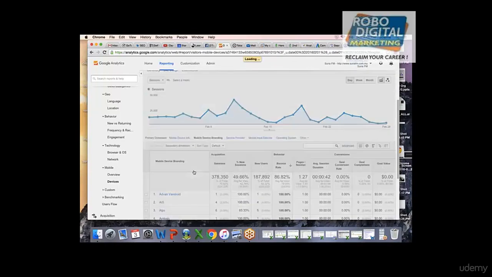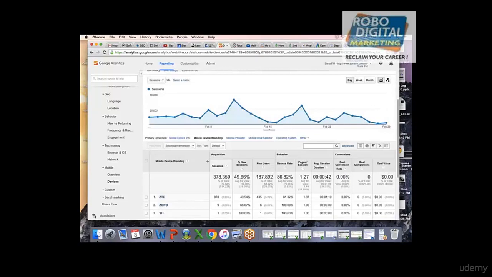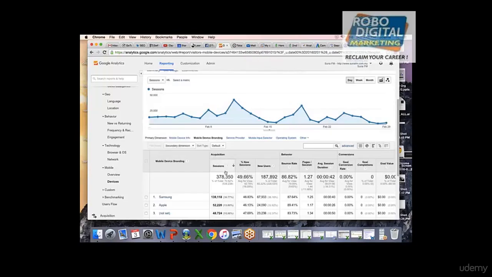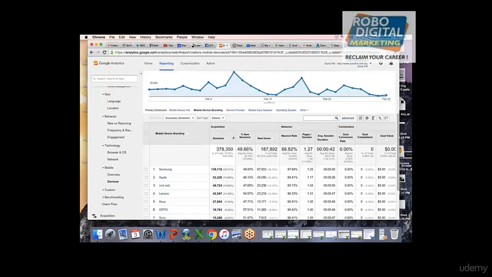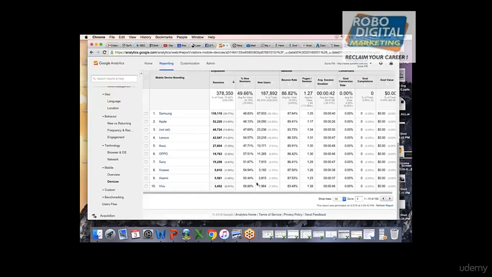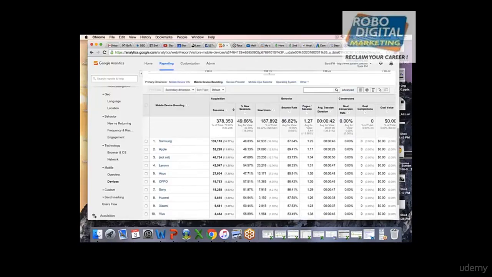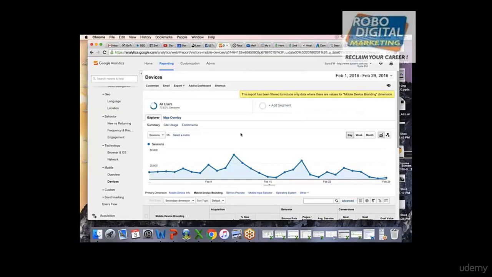Let me click on the sessions. Okay, it's the same thing with every device somebody is using. There is hardly any difference. Everyone is 80, 85, 85. So there is a huge problem. Let's see the service provider who is providing the internet service to them.